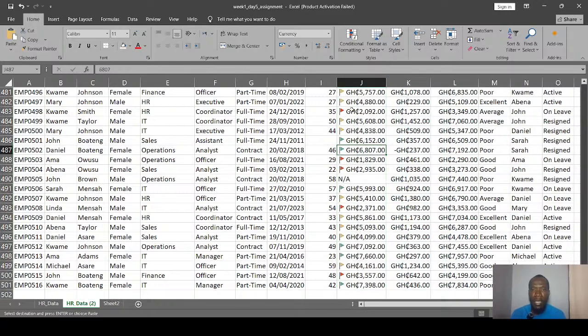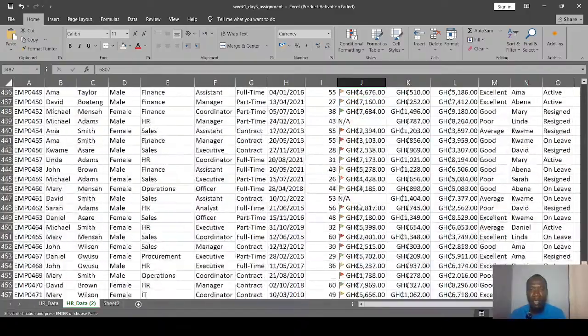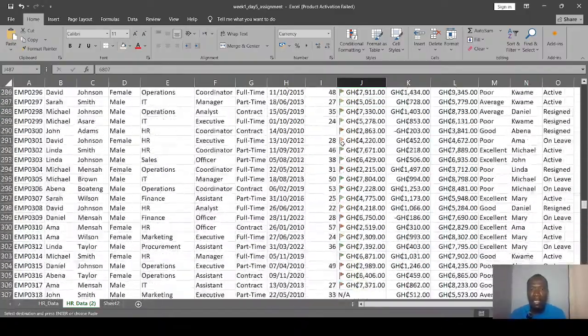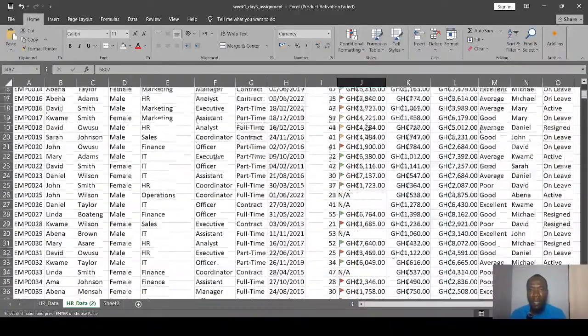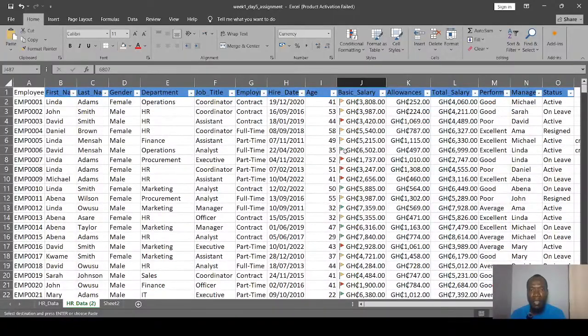Everything is back. Anybody that is red is earning some 2,000, right? Anybody who is like 5,000 is an average earner, and anybody earning above 6,000 is really earning, right? So that's what the data means. Okay, so these are the icons just to tell us that if you see any green one, it means that that person is really being paid, right? And then the red people, we have to do something about the red. We can't have work and our employees are earning small. So it's either you move all of them to the yellow, right? So that everybody will